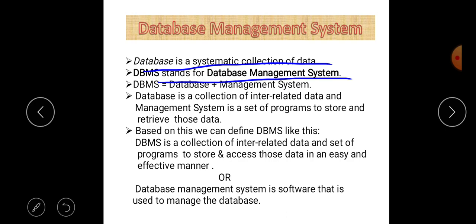So database is nothing but the systematic collection of data, or we can say that interrelated data is called the database. And what is DBMS? When a database is managed through a software, it is called a database management system. Very simple definition. When we say manage, it means we are able to create a database, we are able to insert certain data in a database, we have the right to delete data in a database. So these types of operations we can perform through a software, and that is called a DBMS, database management system.